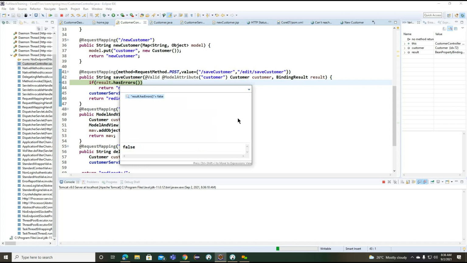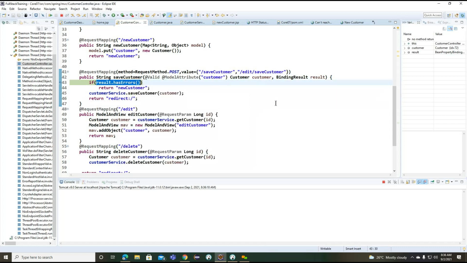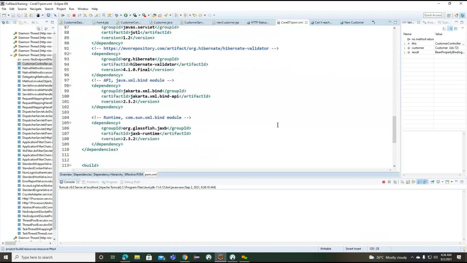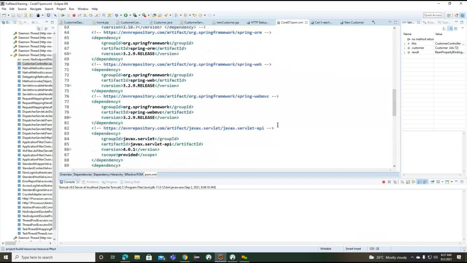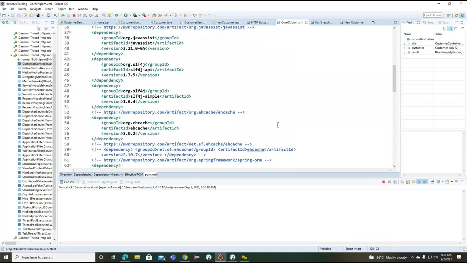Okay. Now this particular result is giving an error. Hibernate core we identified, and ORM. Whatever the jobs we added, those are the jobs, correct. 329, 329.